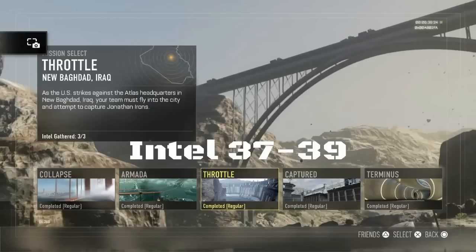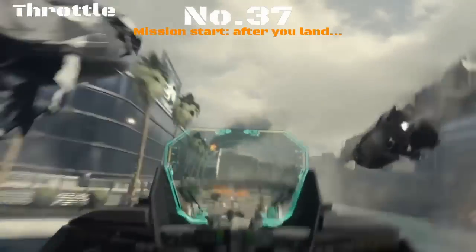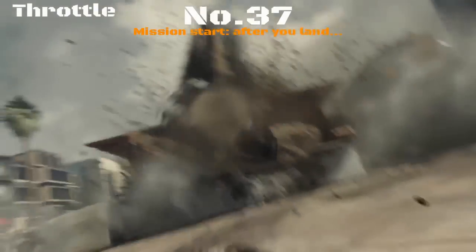Okay, intel items for the mission Throttle. Okay, first up, as you crash land here, just after you land,